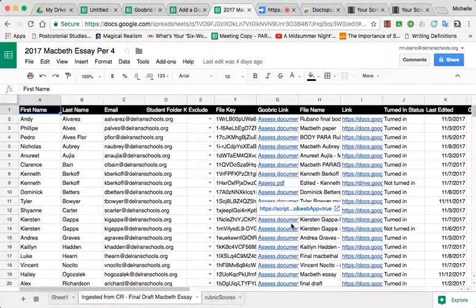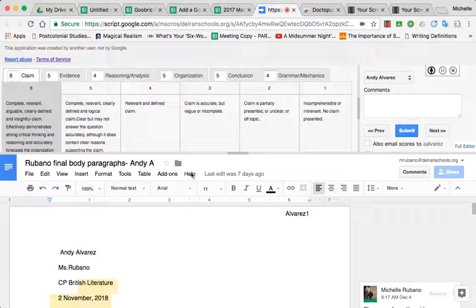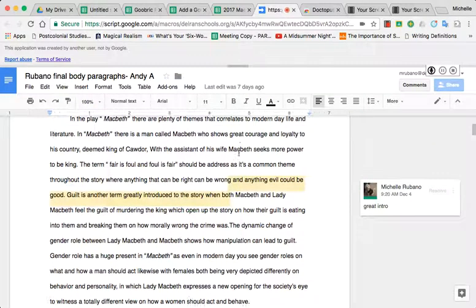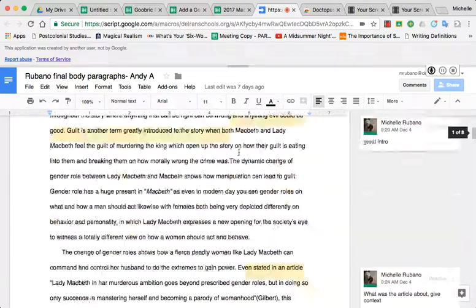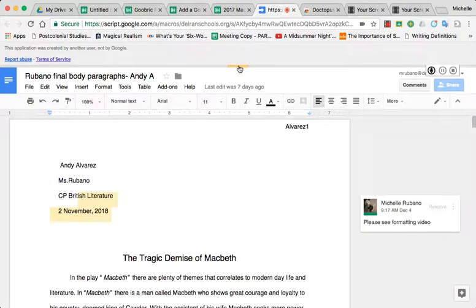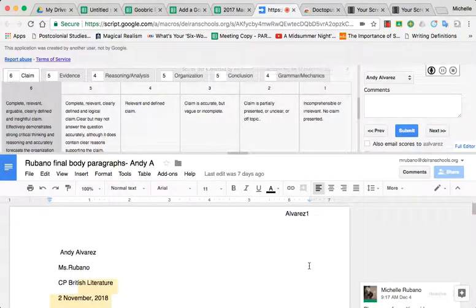assignments. And what it does is you just essentially click the link. It opens up a new screen that looks like this, and you have the student assignment on the bottom and the rubric at the top. You can click this little bar if you want to hide the rubric and read through the assignment and leave comments, just as you would in any Google Doc. And then when you're ready to reveal the rubric, you just click that little bar and the rubric pops up